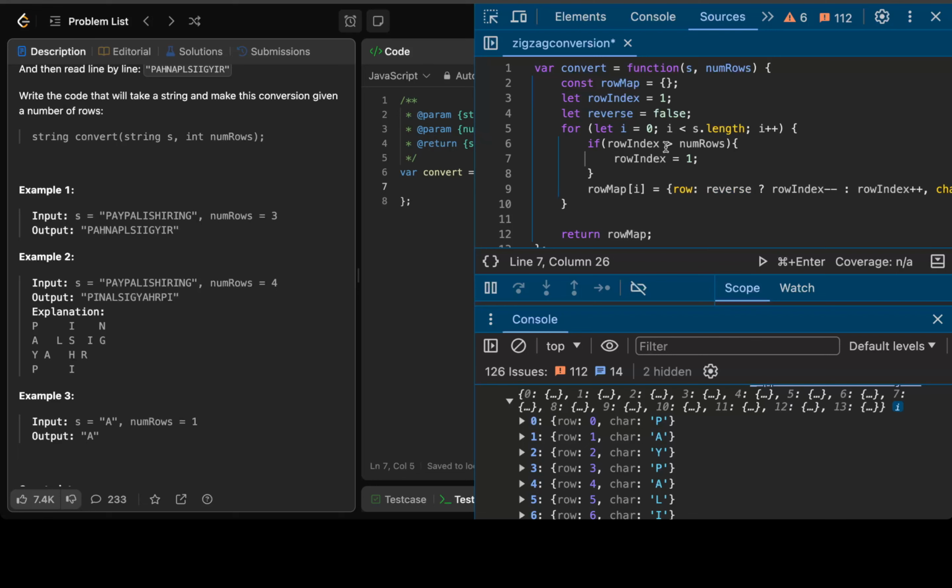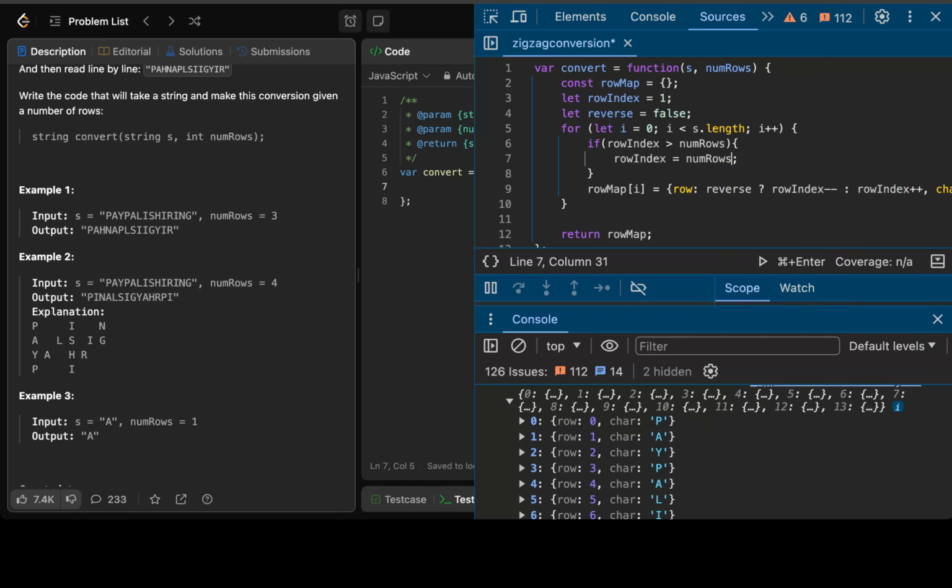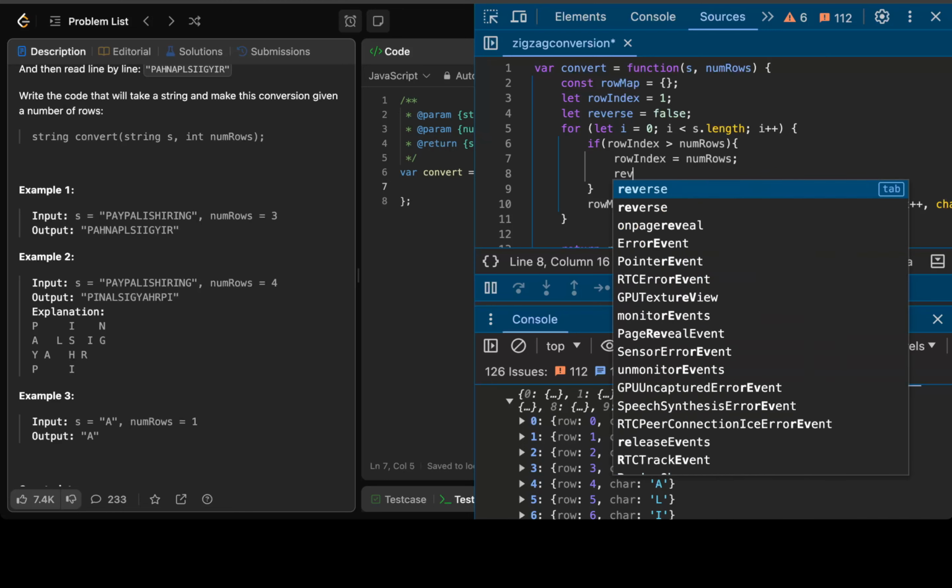So if it goes ahead of num rows, meaning if it goes ahead of 4, we will make our row index 4, since num rows is 4, and then we can make our reverse flag as